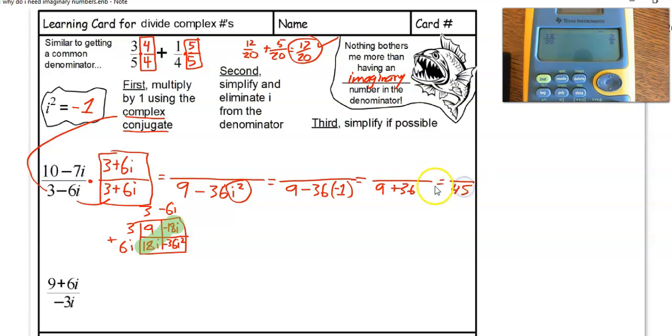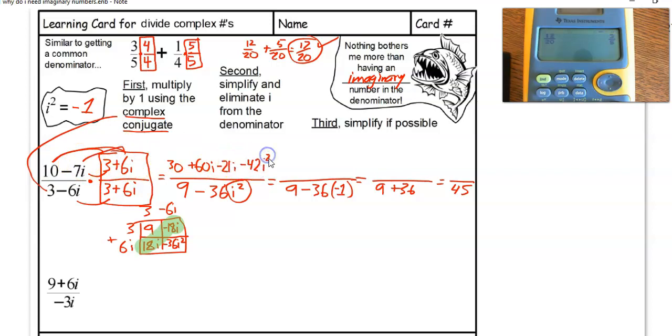So kind of interesting there. All right, so we get 45. And then on the top, I'm going to do this one kind of in my head, well, not in my head, I'm going to show this. First two terms, I get 30. The outer two terms, I get 60i, treating i like a variable. The inner two terms, I get negative 21i. And the last two terms, I get negative